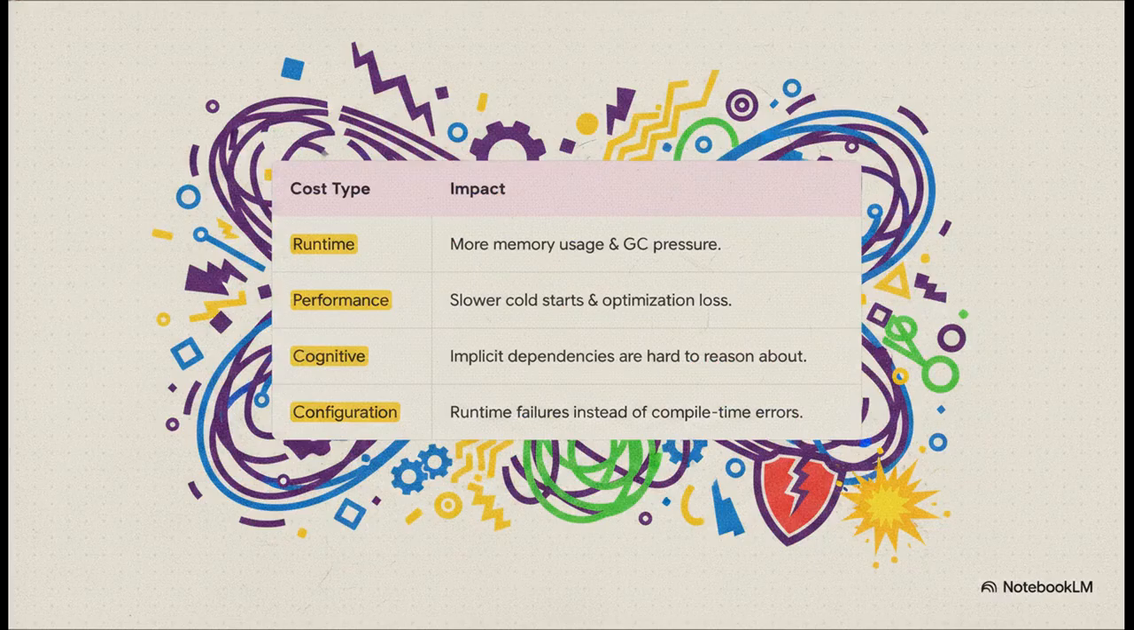And these costs, they're not theoretical, they absolutely compound. At runtime, all these extra objects that need to be created and managed mean more memory usage and more work for the garbage collector. Performance takes a real hit, especially with slower cold starts in serverless environments. The cognitive load on you, the developer, is huge. And maybe the most painful part? A simple typo in a configuration file somewhere can lead to this mysterious runtime failure, instead of a nice, clear